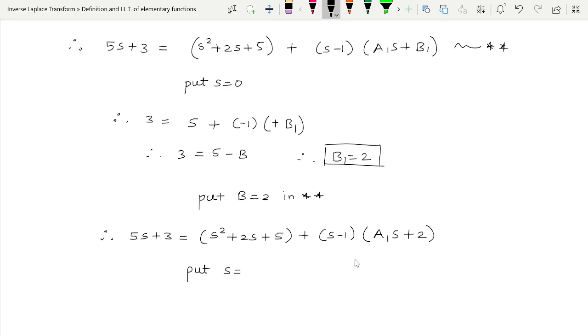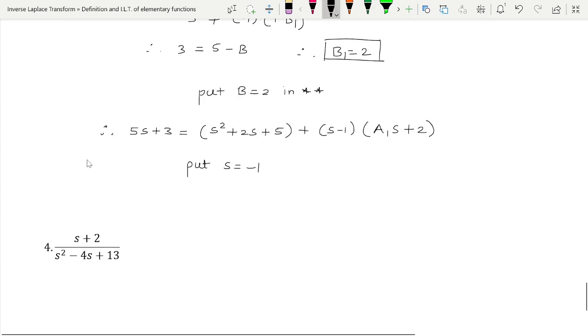So can I put s is equal to minus 1? This is the question. And yes, because if I put s is equal to minus 1, a1 is in the picture, right? Because this quantity will be minus 2 and you will have minus a1 over here. That is completely fine to us. So therefore we will put s is equal to minus 1. I hope you got my point, because if you put s is equal to 1, what will happen? This quantity will be 0, and 0 multiplied by anything will be 0. So we'll get 0 over here and we'll get nothing, right? Because we want the value of a1, isn't it?